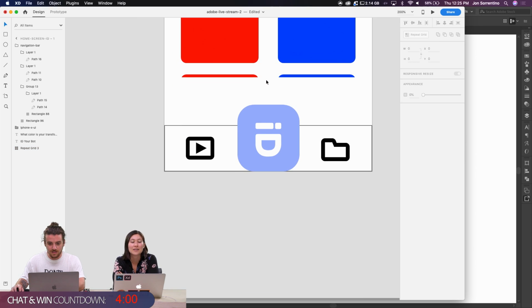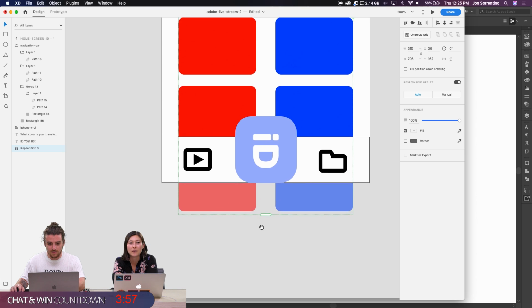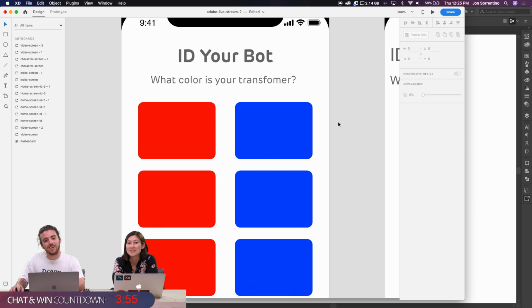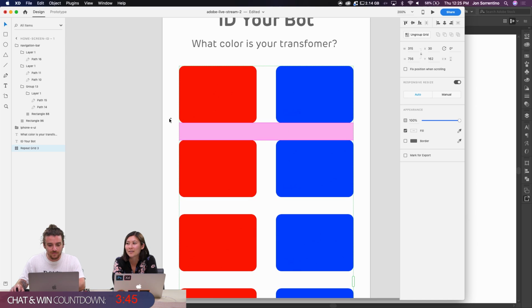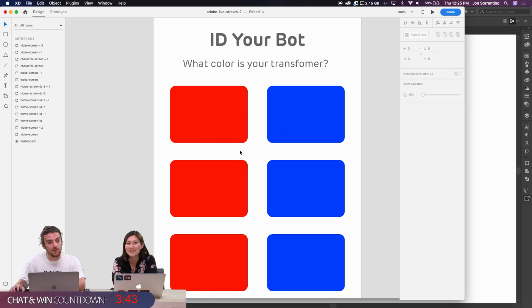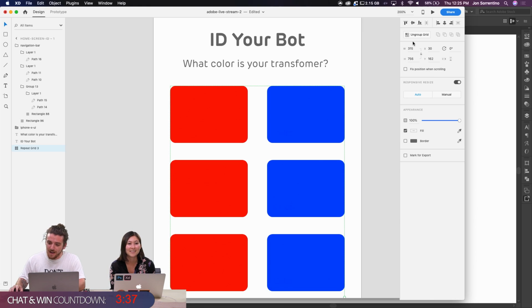Ooh, yeah, Jessica has an interesting idea. She said she'd love to see robot audio in your idea robot. That'd be a fun audio. That would be cool. What is that like? I wonder if it's another choice, like what color is your transformer, what sound is your transformer? I don't know if that's cool. Or like every time you switch the screen, it makes a sound. It might get annoying after a while, but that would still be pretty funny.